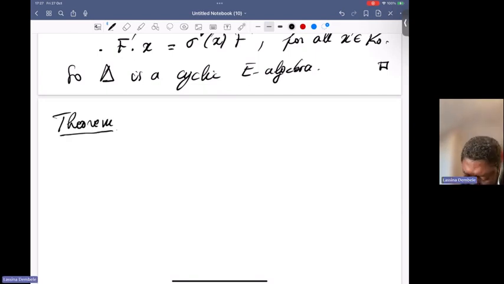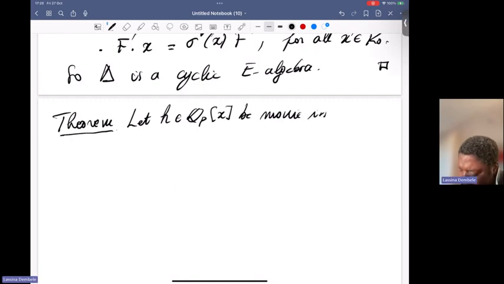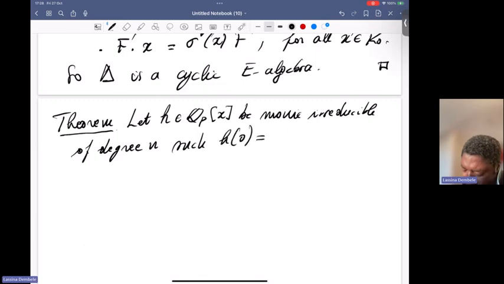We let H in QP of X be monic, irreducible, of degree n, with non-zero constant,